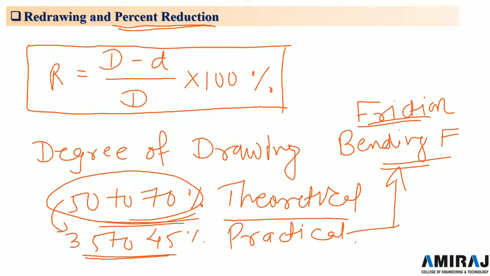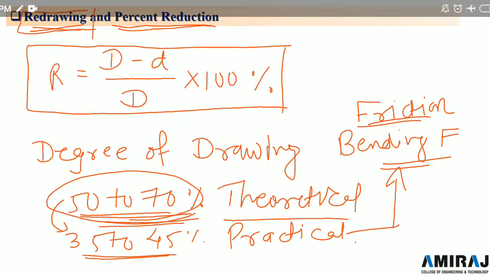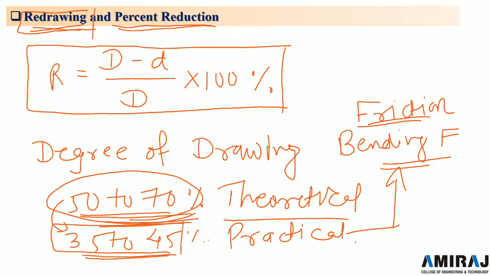And if the part diameter has to be reduced by more than this limit, it is necessary to subject the part to one or more redrawing operations. So to get this much reduction, we require a redrawing process, because practically we can see there is only a small amount of reduction, approximately half of this. So redrawing will be required. Redrawing is also done sometimes to obtain sharp corners and better details, which are not possible in a single draw.